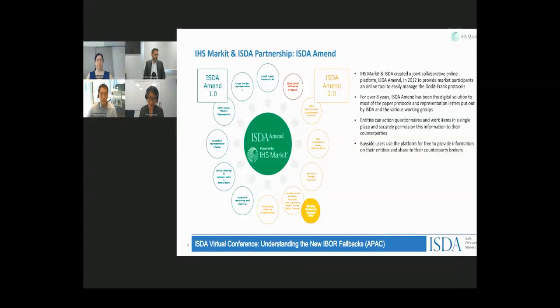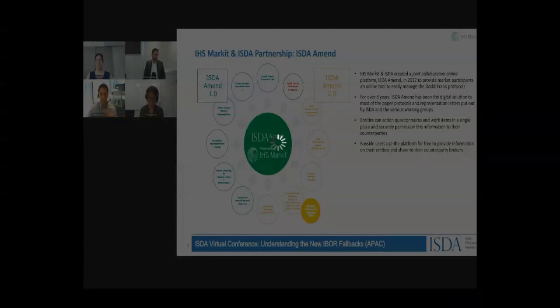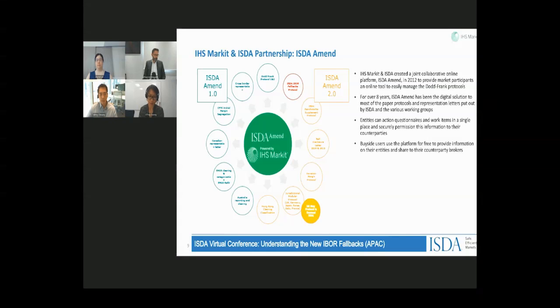So if I go on to a quick walkthrough of a demo, it's really just within here, the design language and the user experience is around getting the clients to come in, complete the work and task item, and very seamlessly walk you through the different steps to complete that so they can go on to the next step. So as you can see on here, the first step is a 3-step process. So first, apply the adherence ID that you'll get from ISDA.org. So once you've entered that into the platform, the system will then walk you through the next steps.